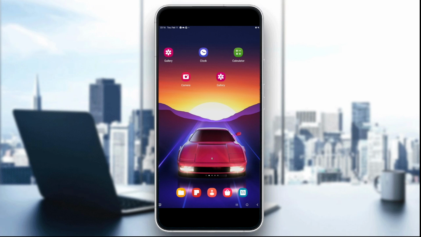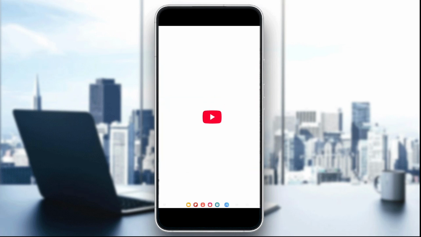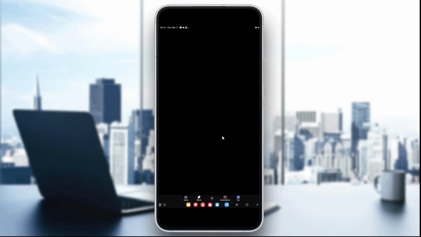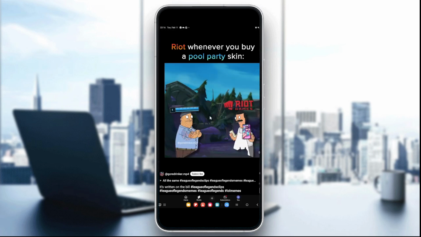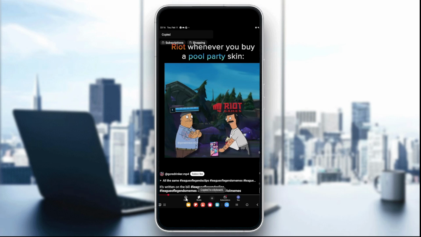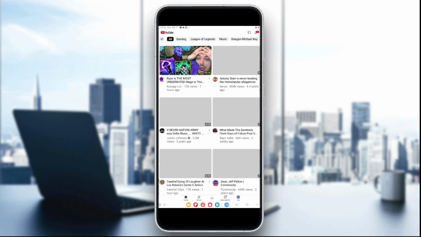The first step is to download the YouTube Shorts video. To do that, just open the YouTube app and find the Shorts video you want. I'm going to open the YouTube app. Just click on the Shorts section to access the Shorts. As you can see, we're just going to click on the share button right here. Click on it, and we're going to copy the link. Now after copying the link, use a video downloader like SnapTube or YouTube Mate to download this video